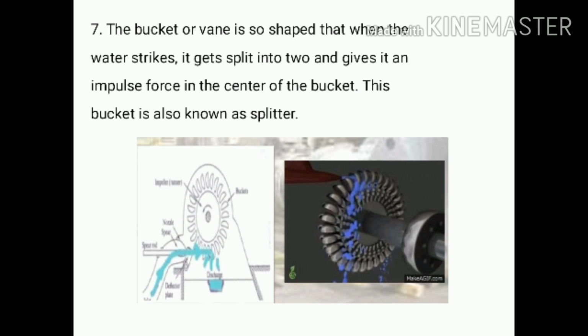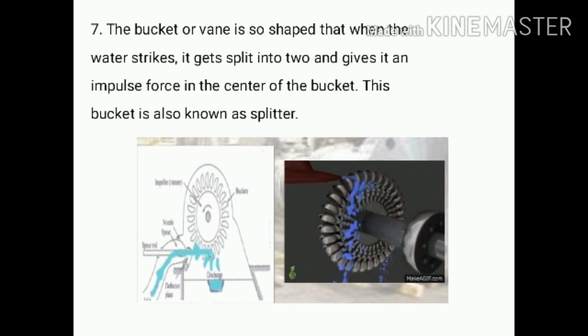Now this is the main difference. Previously the runner and its vanes, that is the buckets, were a complete casting, but if there was damage to even one bucket, then we had to reject the whole casting so that it could be replaced. This concept is now replaced: the buckets are bolted to the runner individually, so that any damaged bucket can be easily replaced just by replacing that one bucket. Now this is the advancement.